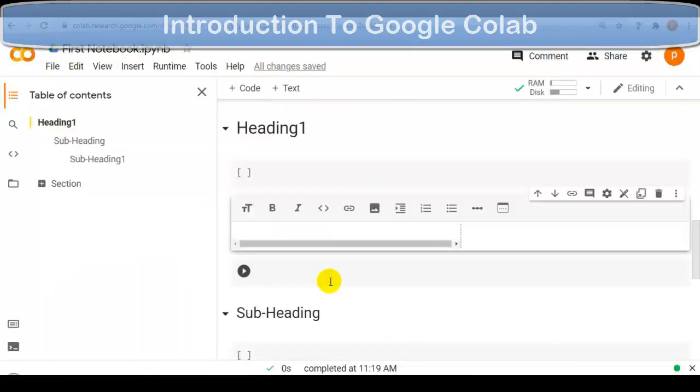So now next. Mostly we are using this Google Colab for machine learning, deep learning and data analytics projects. So we need to upload a data set on Google Colab. So there are many ways. I am going to show you 2 very important ways. First, we can upload our data set from Google Drive. Second, we can also upload our data set from our local machine, means from our local drive. So let me show you first how we can upload our data set from Google Drive.